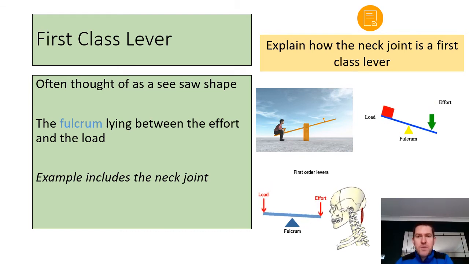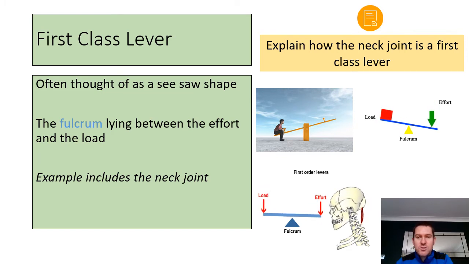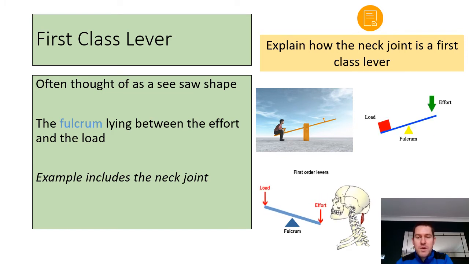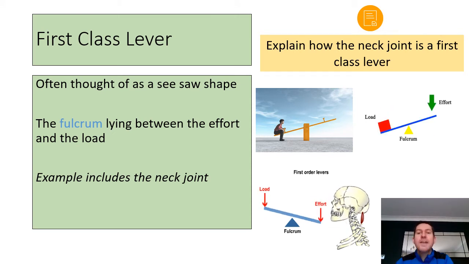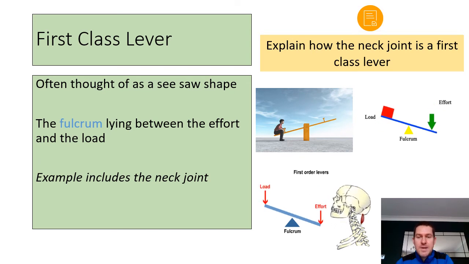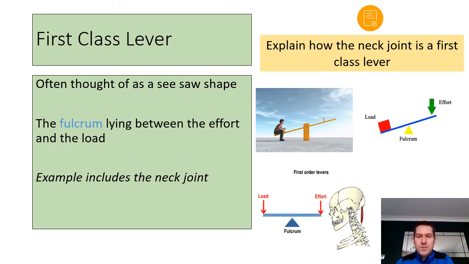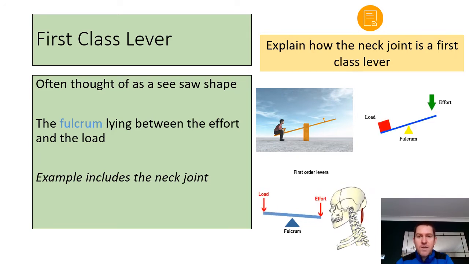Okay, so hopefully you've unpaused the video, and hopefully you've written down an answer to that. When we look at the neck joint, in terms of the fulcrum, where the vertebra, where the neck meets the cranium, that would be the pivot point. So where the head can move forwards and backwards, that would be where the fulcrum is. Now, the load is predominantly at the front of our head,